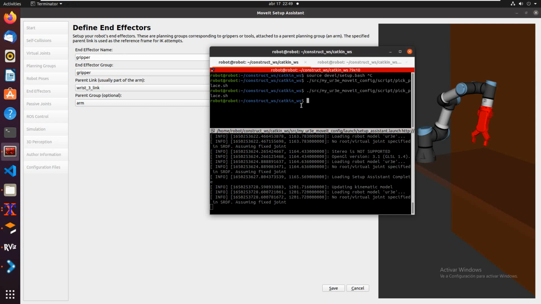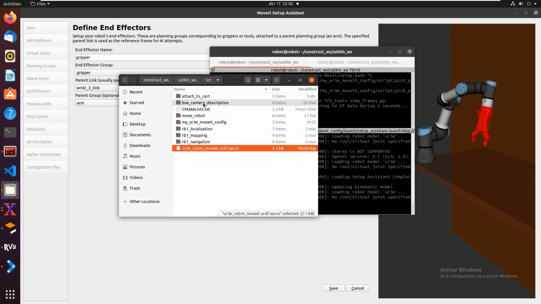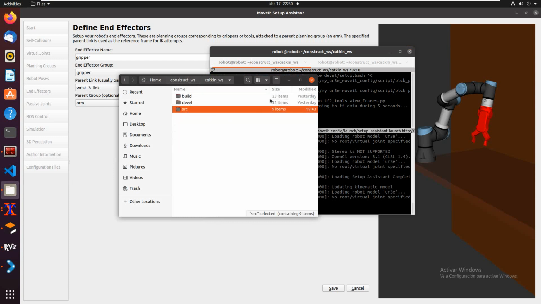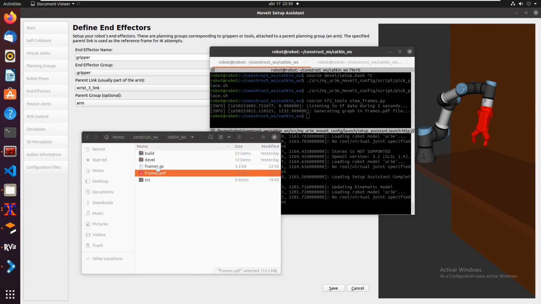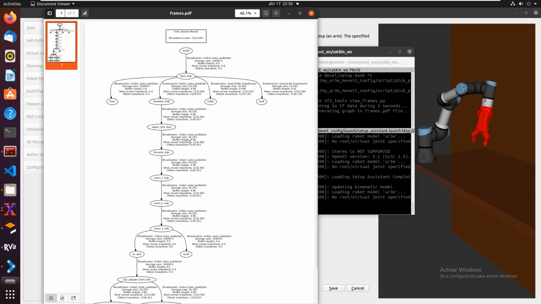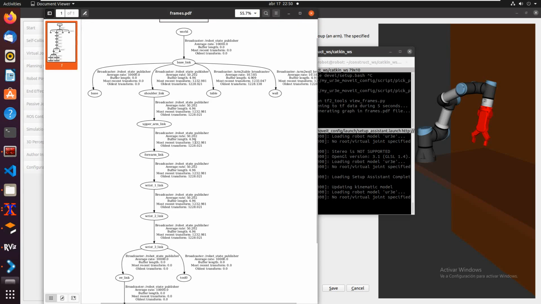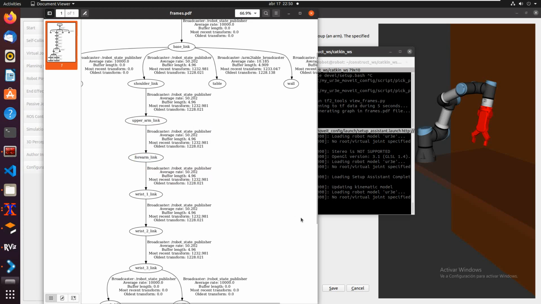So let me see. TF2 tools, frames, I think. Yes. Okay, I think it's okay. Here we have it. Okay, now we have